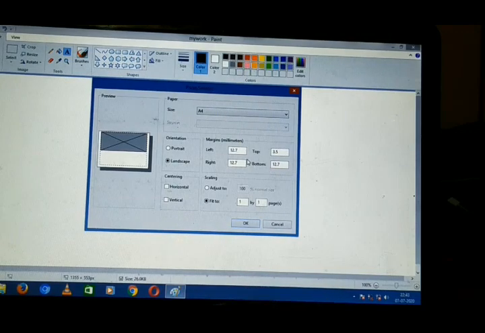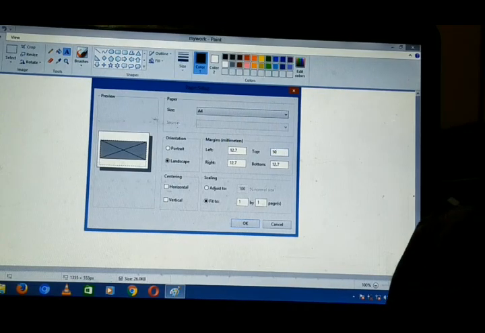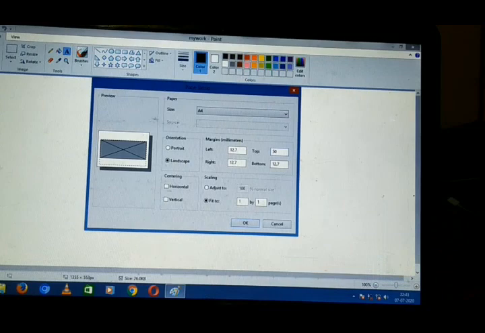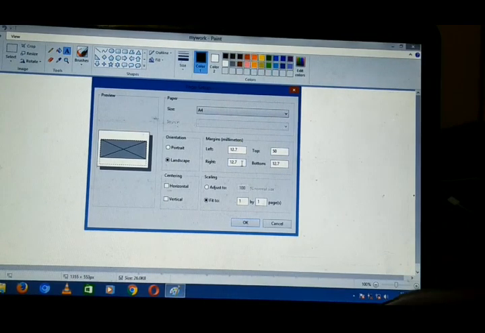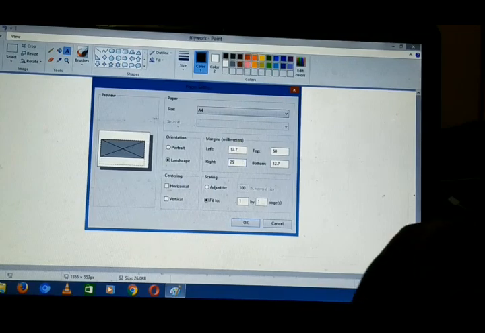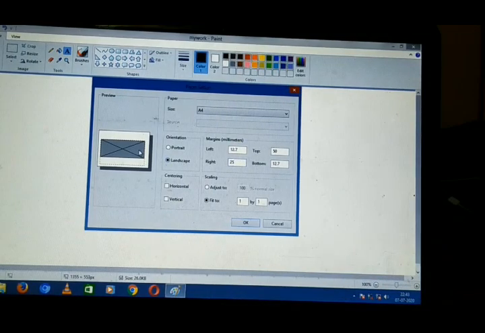Also you can select 12.5 or 12.7, as it is given, or I can make it 50. See, in the middle it is coming. Or from the right side, if I make it 25, you see that the change is occurring here. So this is basically how many pages you want to print.